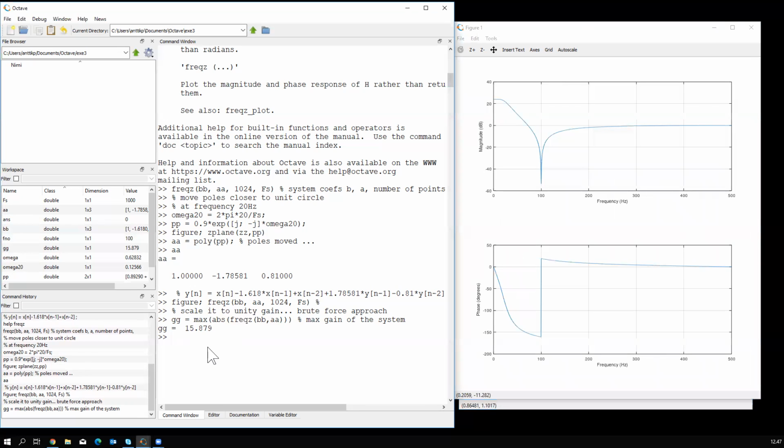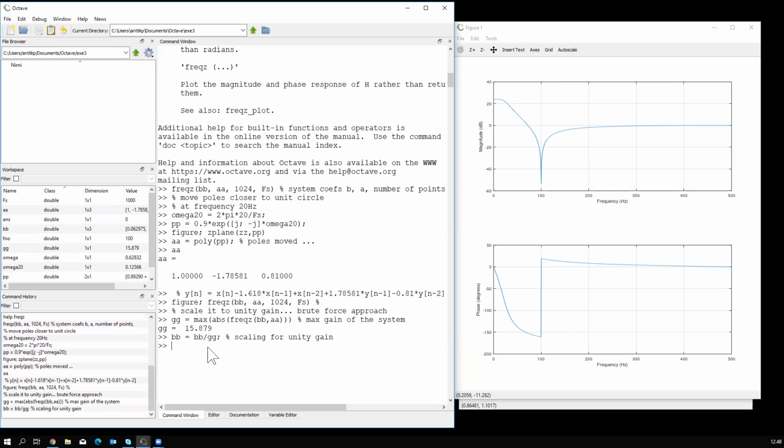And now we can simply say BB equals BB divided by GG. So this is how you scale for unity gain. You calculate the maximum gain, divide the BB values with this maximum gain, and then we have